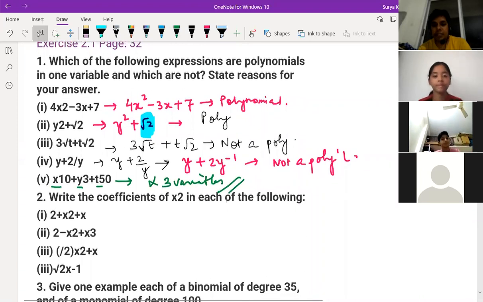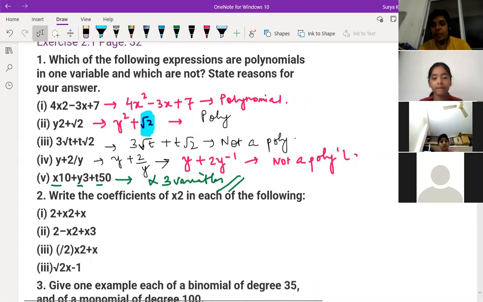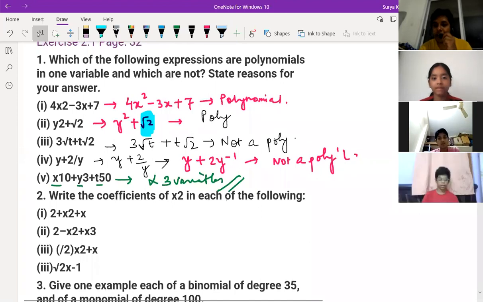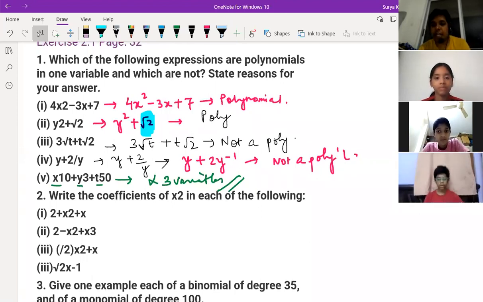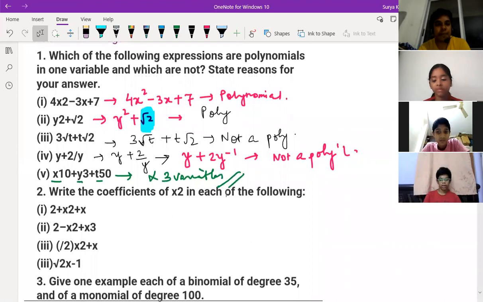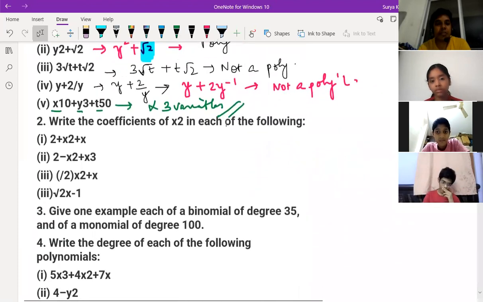No, sir. Satvik, I'm waiting for your camera. I'll remove you. I'm not seeing you for a long time. Why are you hiding? I don't know. Sir, I turned on my camera, sir. Now it's okay, but before you were not showing it.